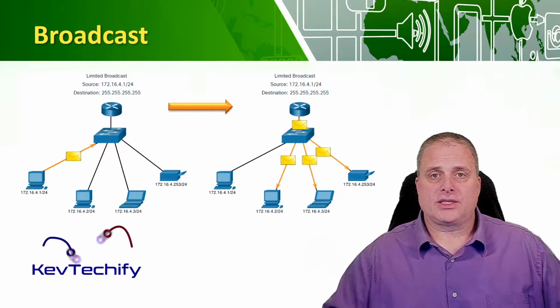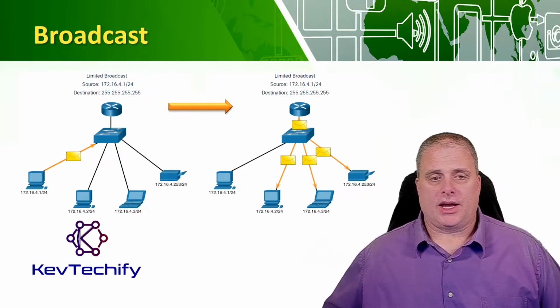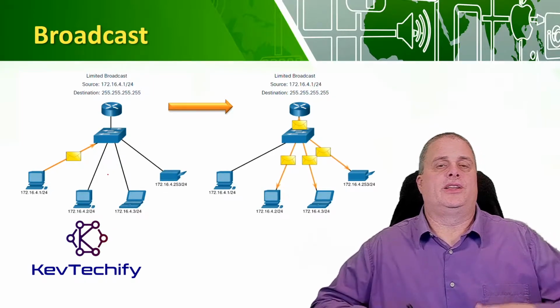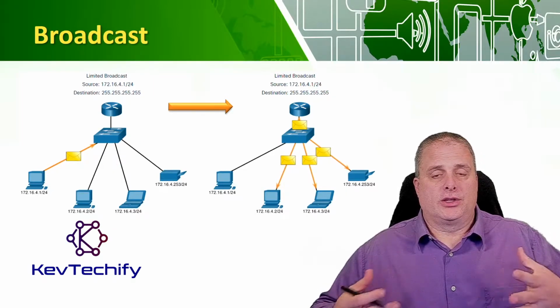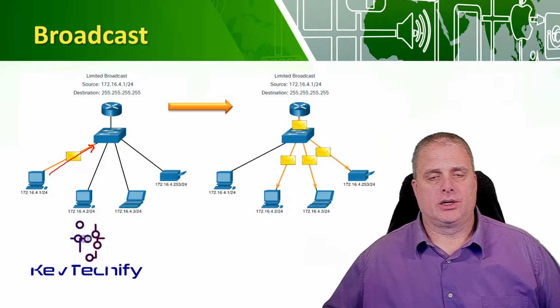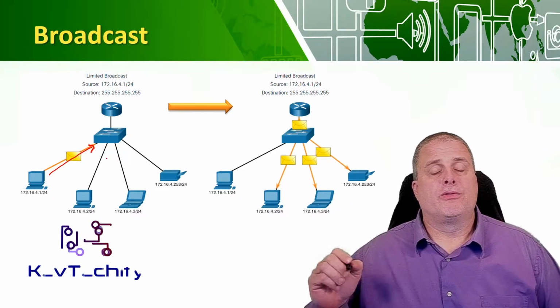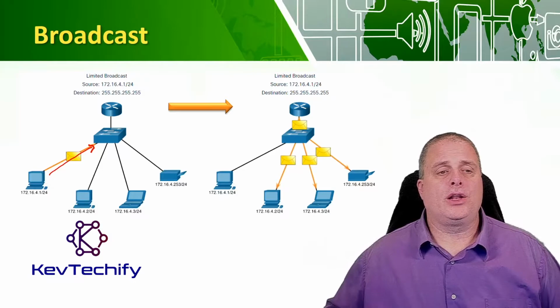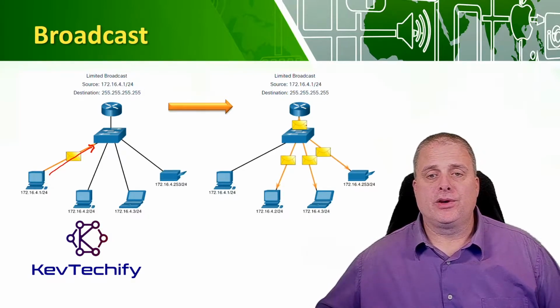A broadcast is a little bit different. With a broadcast, we want to find a DHCP server on our network. And so what we do is this computer starts up, it sends out a broadcast. It goes to the switch, and then that switch forwards out that broadcast to every device on the network